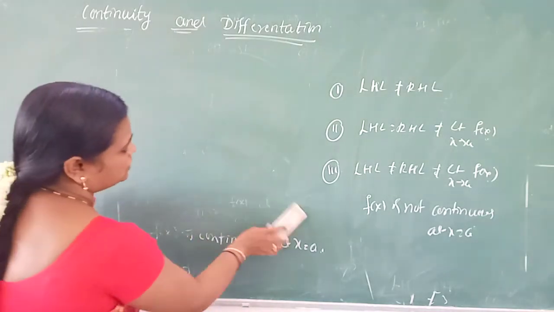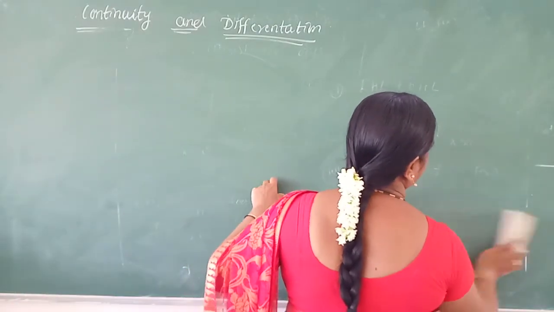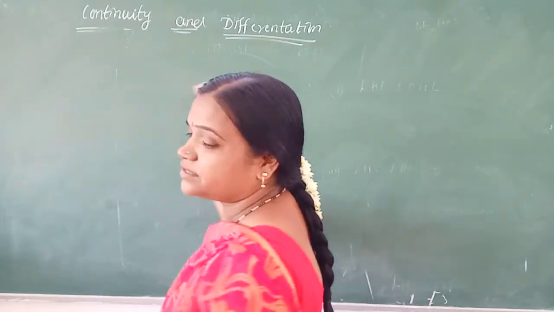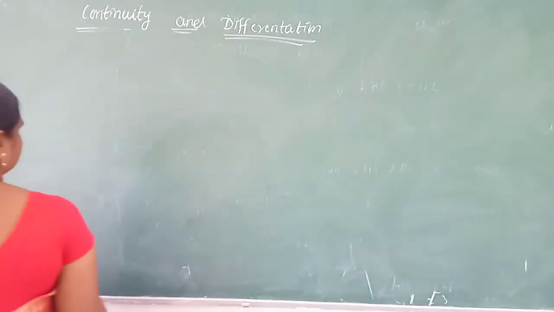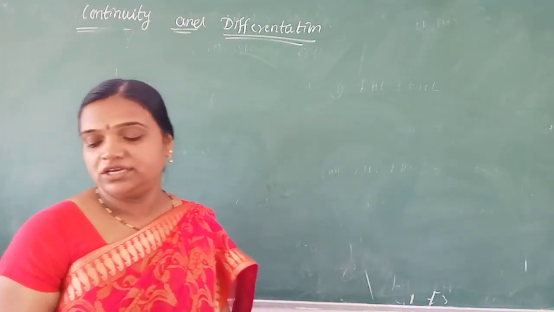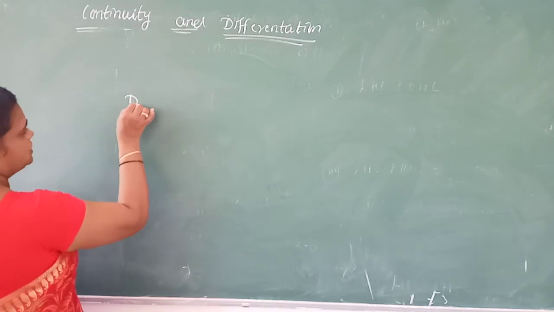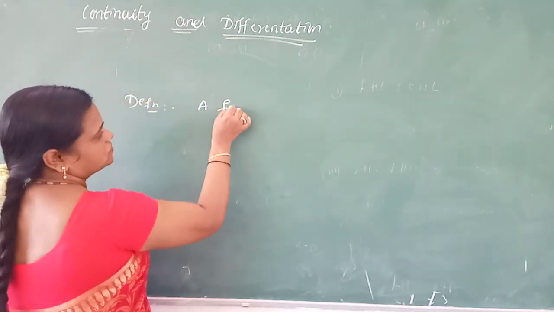Means we know that the continuous functions are LHL equal to RHL equal to the given function f of x at x equal to a, or else particular definition we say that particular definition a function